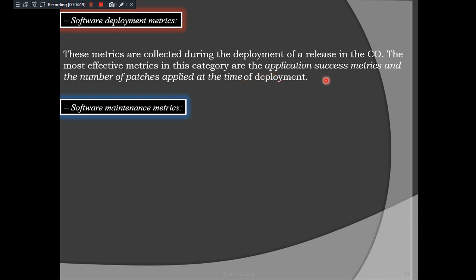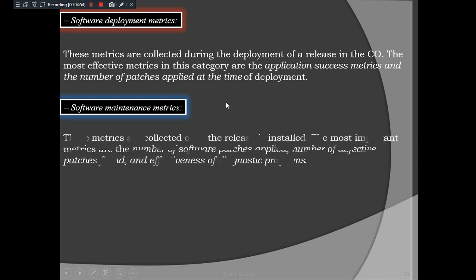So it depends on the application success metrics. They will apply it randomly and rigorously in different situations to see whether it is working reliably or not, and if not, they will apply the patches at the time of deployment of the installation. That is one of the parameters used to assess the software deployment process performance. Based on this, the threshold and objectives will be decided in that CIP block diagram.